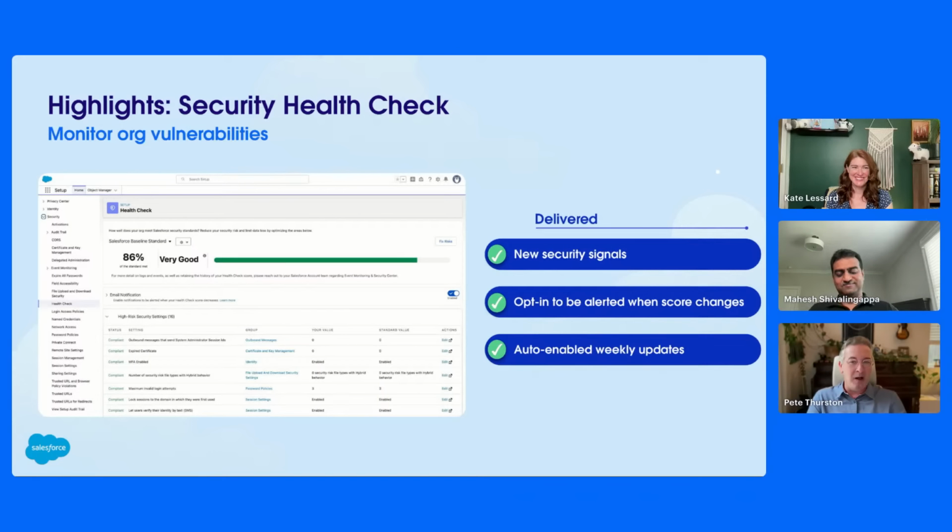But also, we know tons of you love to come in and look at the health check every single day, and we love that. Thank you for that. But some of you maybe don't want to. So we thought we could make it a little easier and get that score into your hands automatically. So now we run the health check automatically every single week for you, and we send you an email if